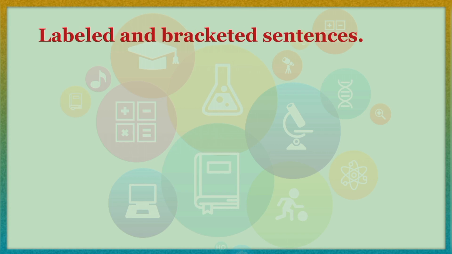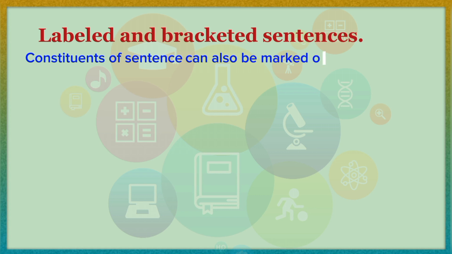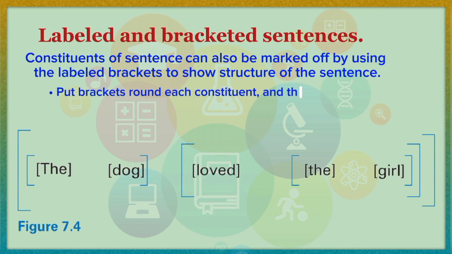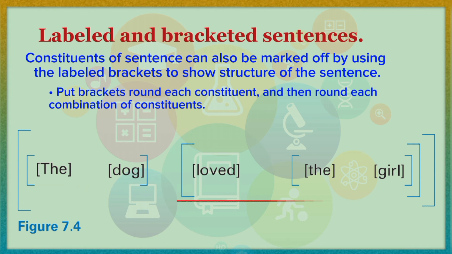Labeled and bracketed sentences. Constituents of a sentence can also be marked off by using labeled brackets to show the structure of the sentence. The first step is to put brackets on each side around each constituent, and then more brackets around each combination of constituents, for example. With this procedure, the different constituents of the sentence are shown at the word level, "the" or "dog," at the phrase level, "the dog" or "loved the girl," and at the sentence level, "the dog loved